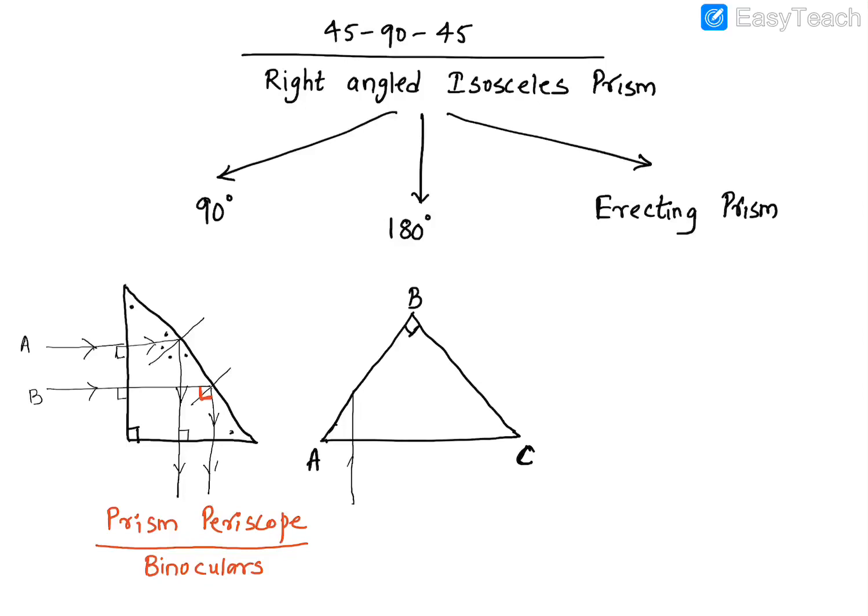This is your light ray coming from here. What will happen to this light ray? It will reflect back. Again draw normal, it will again reflect back. So this is how your light rays are going. Correct? Again, why reflection? Again the same thing what we have done in a 45, 45, 90 prism. At every point your angle of incidence is greater than the critical angle, and that's why the light ray keeps getting reflected.